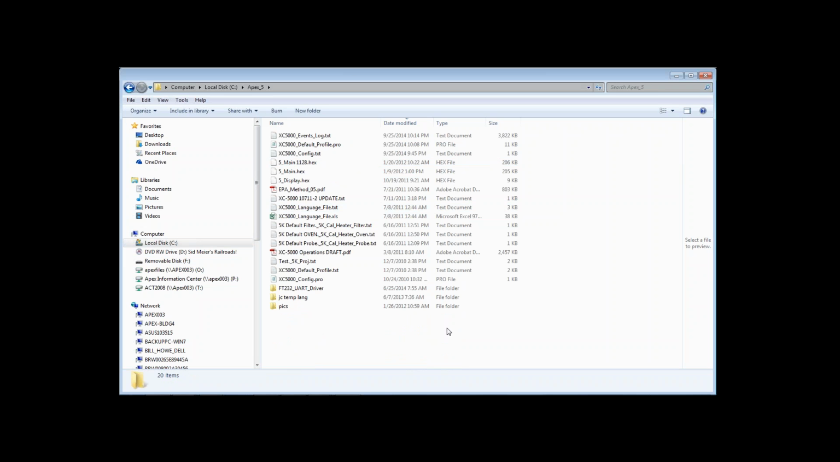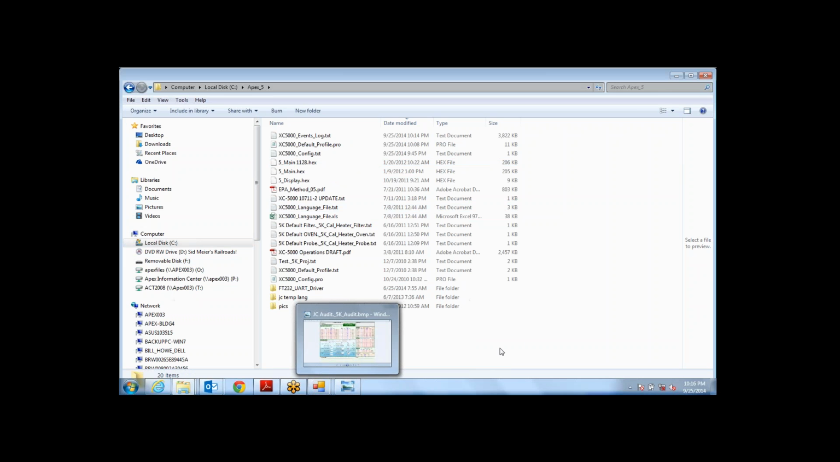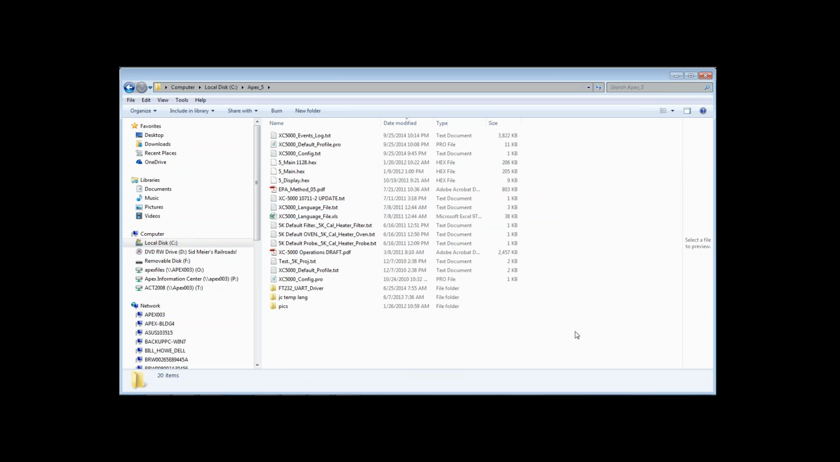And the CSV file, the report, is also in that one? It's not here. It can be, but normally what I have my customers set up and create